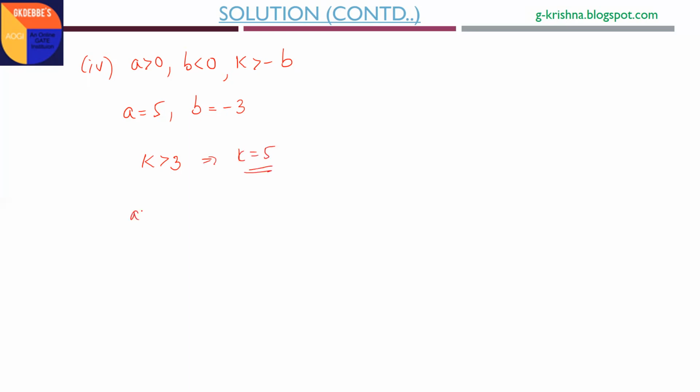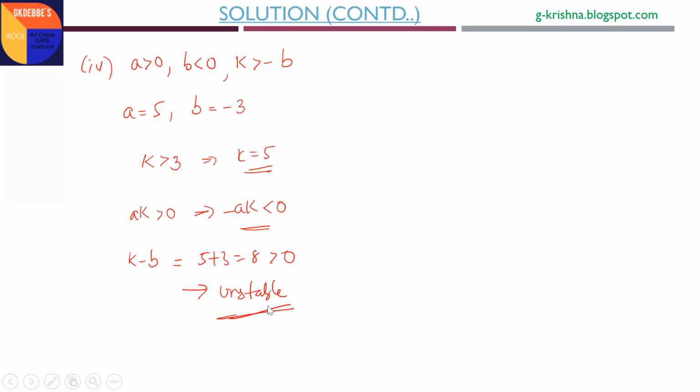But obviously AK will be greater than 0, and minus AK will be less than 0. So the s power 0 coefficient is negative, and we can directly write unstable. Take one more check. What is the s power 1 coefficient in the characteristic equation? K minus B. K is positive, taken greater than 3, and B is already taken negative. Therefore K minus B will be 5 plus 3, which is 8, obviously greater than 0. Even though the s power 1 coefficient is positive, the s power 0 coefficient is negative, hence the roots lie in the RHP according to the RH criterion, and it is unstable.